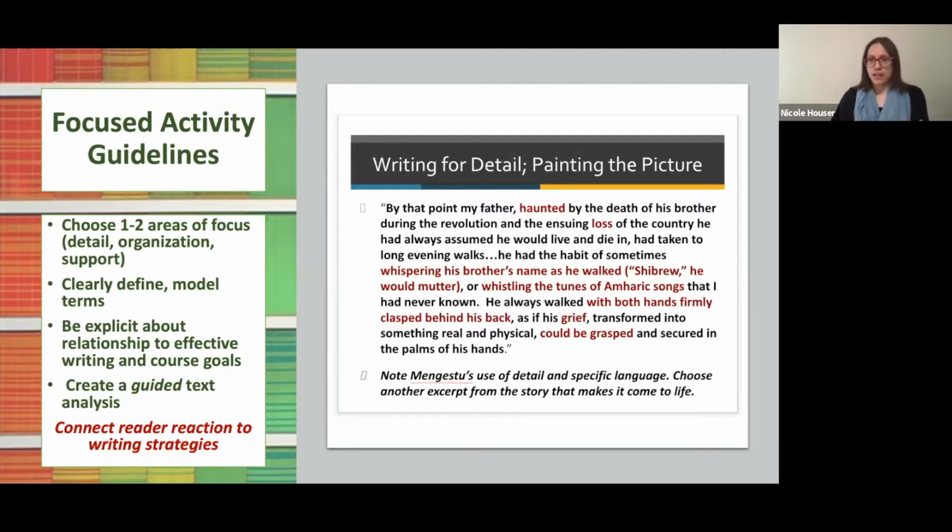It's not just saying it once, right? So reiterating it, providing the opportunity for students to then create agency to utilize the language about writing and their development as writers. And I'm explicit always in the relationship to effective writing and course goals. I create guided text analysis. And something that I'm going to talk about and reiterate in this talk is the importance of finding that balance between